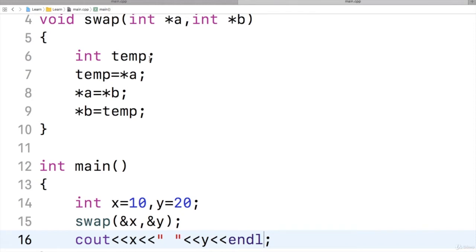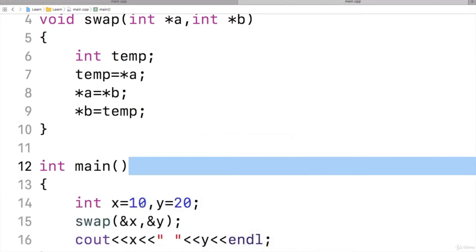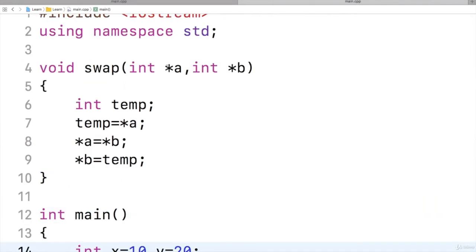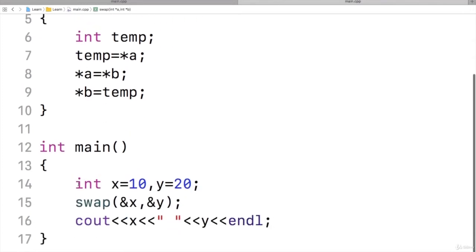Let us run this program and see. Here I am passing x and y values by address, and these are the pointers which will directly modify these x and y values. So these x and y values will be swapped. When I display, I'll get 20, 10. So here I got the values, that is 20 and 10. These two values are displayed here. So that's it. This is call by address, where the formal parameters are pointers and the formal parameters can indirectly modify the actual parameters.